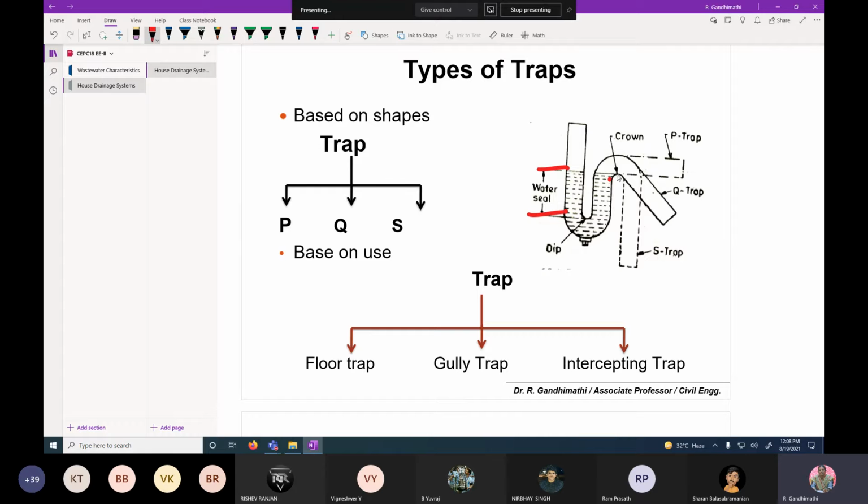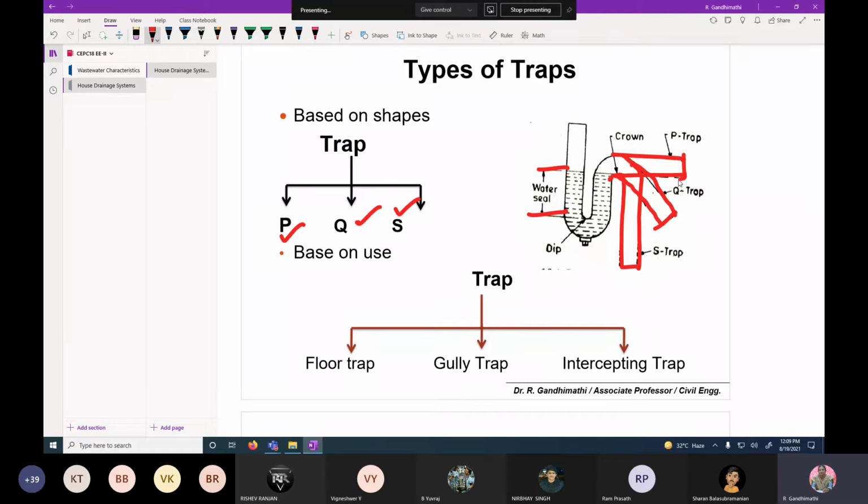With respect to the shape after the water seal, it may be classified as P, Q and S. If the arrangement is like this, this is called an S trap. If it goes like this, this is called a Q trap. If it is directly like this, this is called a P trap. So based on the shape, it is classified as P, Q, S.